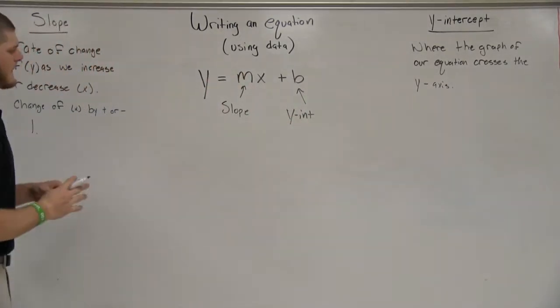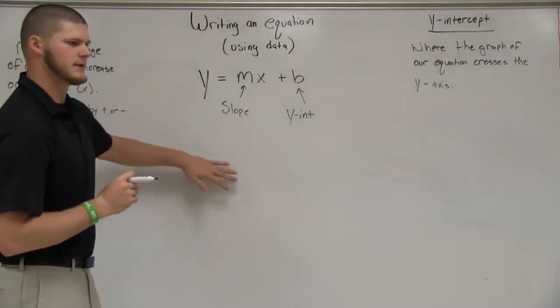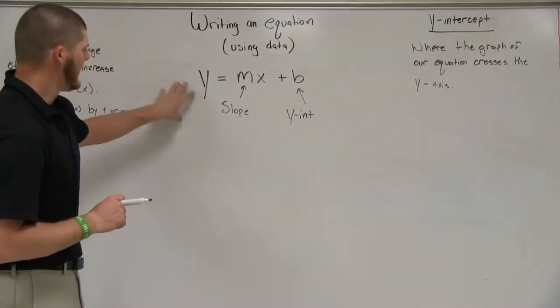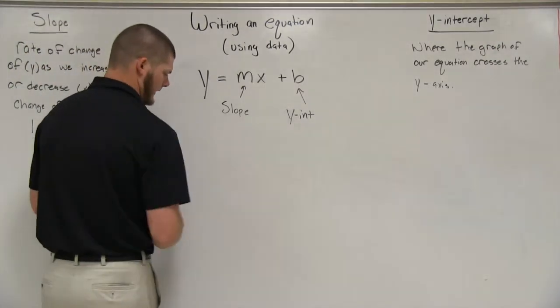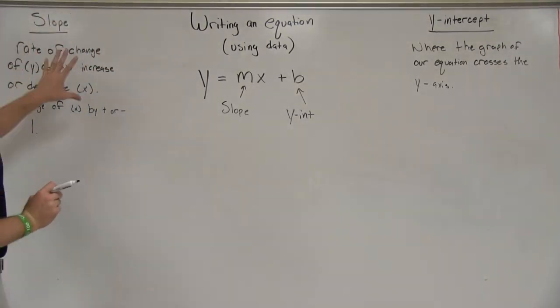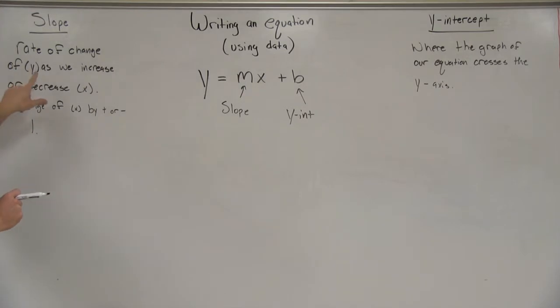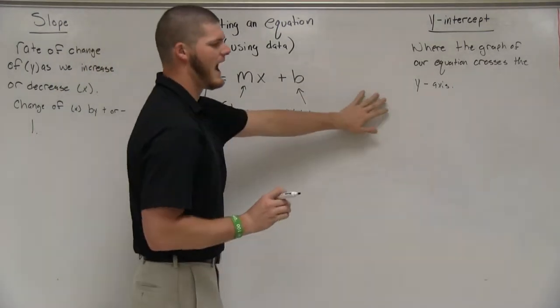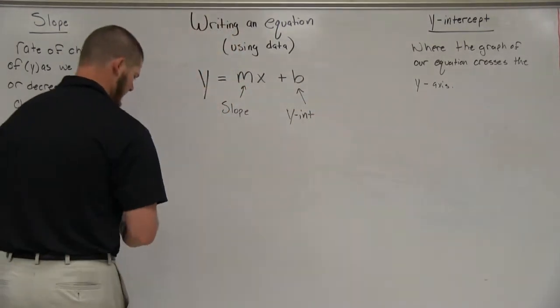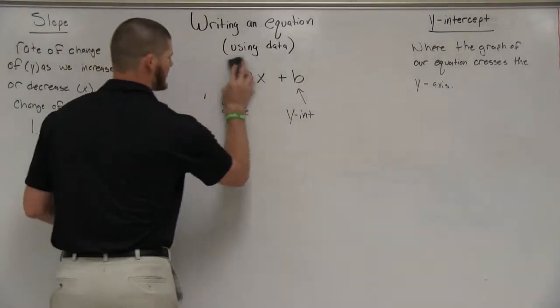But a lot of times, what we'll end up doing is we'll start out with a table, and we will need to be able to write an equation looking at that table. So now that we've defined our slope as the rate of change of y as we increase or decrease x by 1, and our y-intercept as where it crosses the y-axis, we should be able to find, with data,